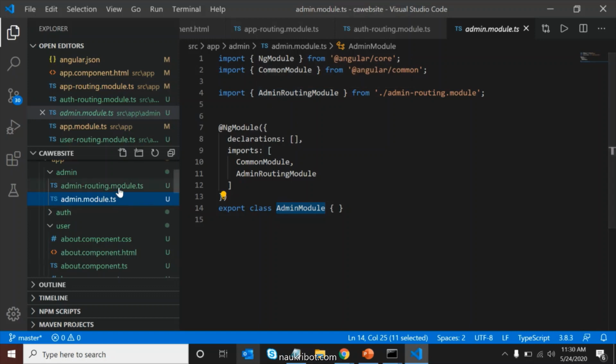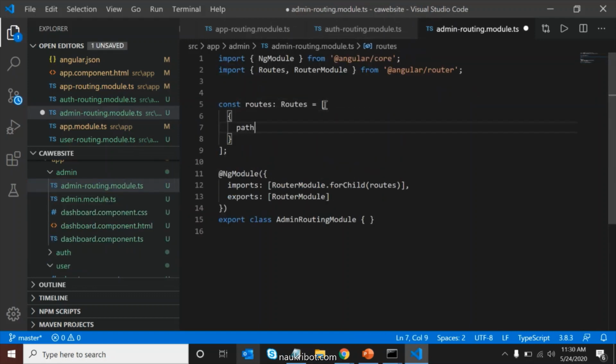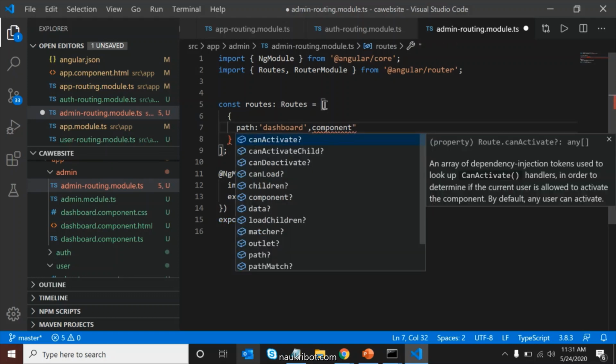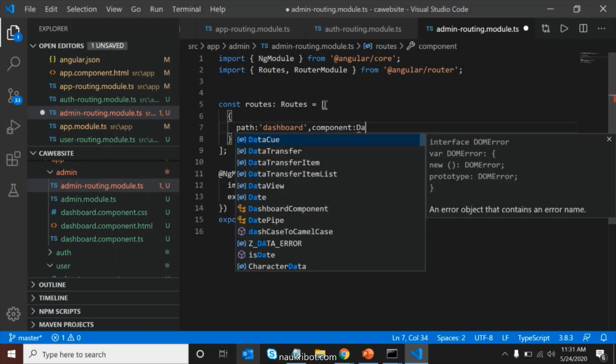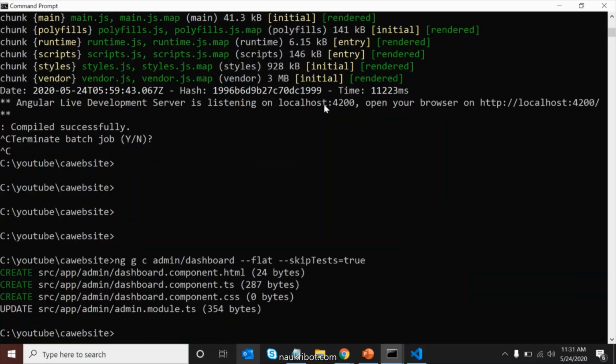Whenever the path is dashboard, it will call the dashboard component. Correct. For now, we need this much routing only.